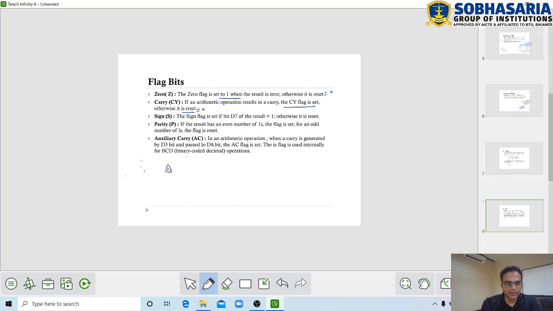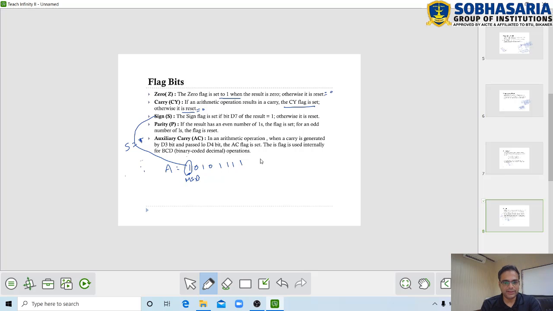Suppose in the accumulator a result is generated like this. Here you can see this bit is called the MSB, most significant bit, which is 1. So if this becomes 1 in a result which is available in the accumulator, then we can say the sign flag becomes 1 automatically.